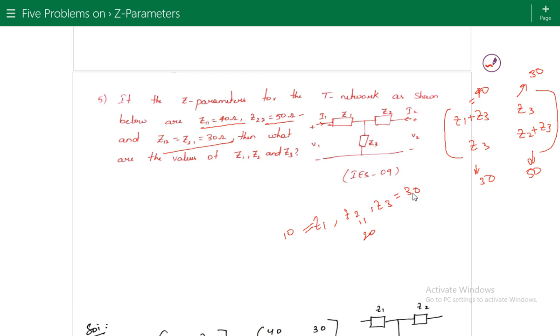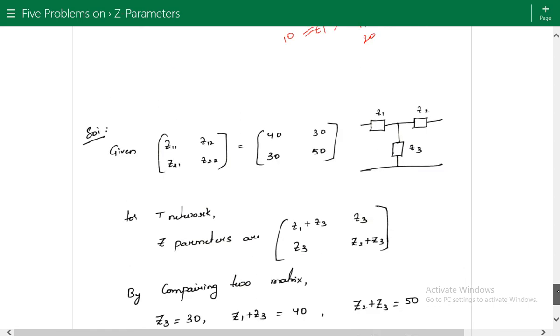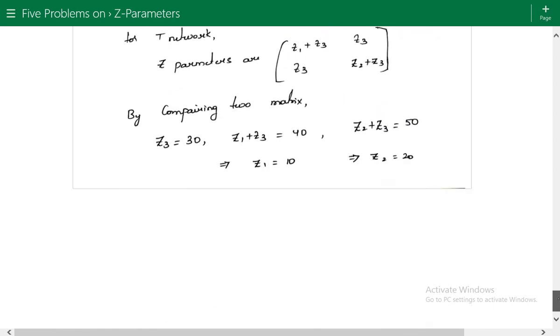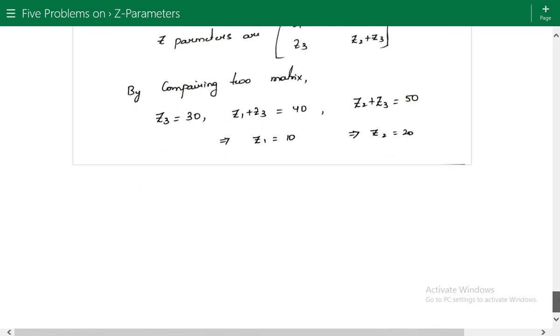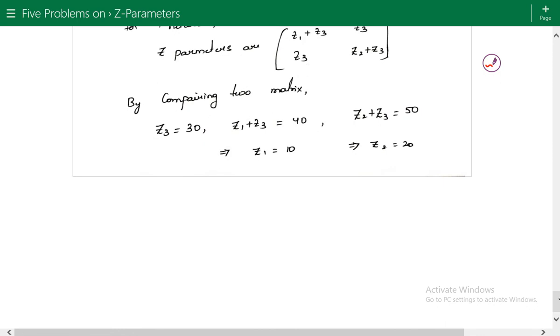I have said that the solutions are clearly mentioned in the description, and you can download it. Now see here, the two-port network is one of the easiest topics in network analysis. So I'm going to give one problem as homework for you to try to solve.